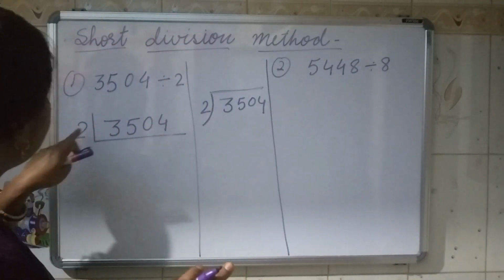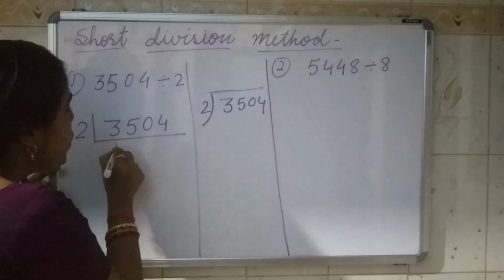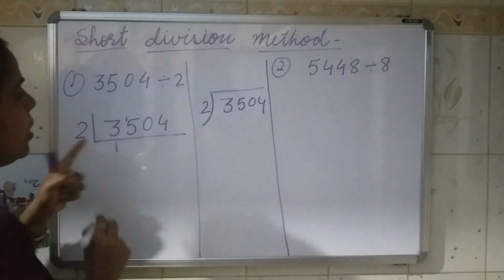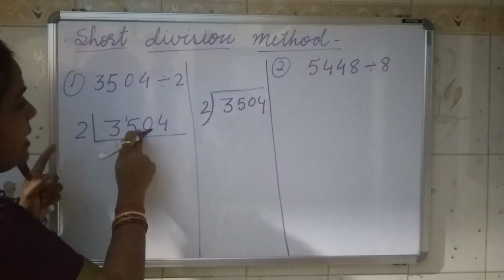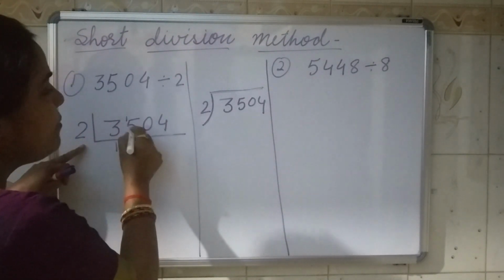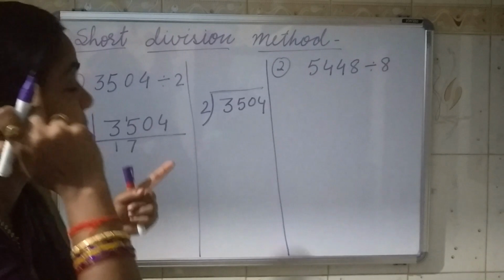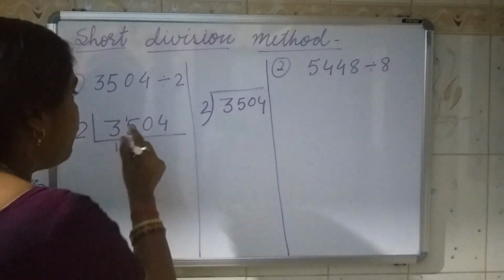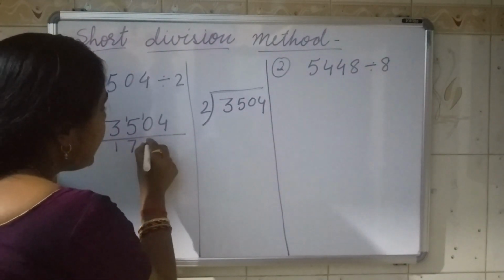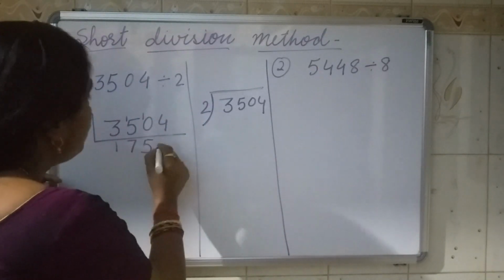So this 3 and 2. 3 is more than 2, so we will go for 1 times 2, 1 2 is 2. Now 3 minus 2, what is left? 1. We will write down 1 here, small above. Now the number is 14. Now we will go for 7 times, because 2 7s are 14 and 14 is less than 15. Now 15 minus 14, where are we subtracting? In the mind. So 15 minus 14, what is left? 1. So that 1 will be here. Now the number is 10. 2 5s are 10. Nothing is left. There is no remainder. So what will be left? 4. 2 2s are 4.